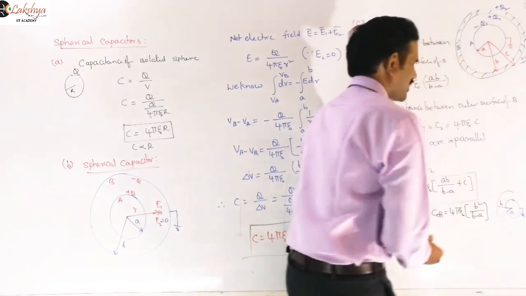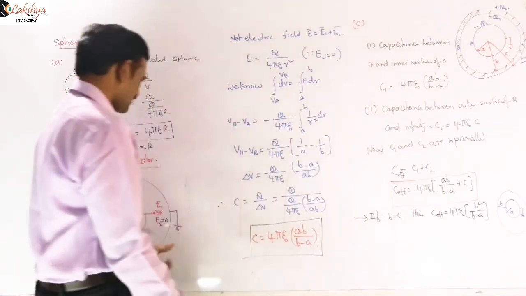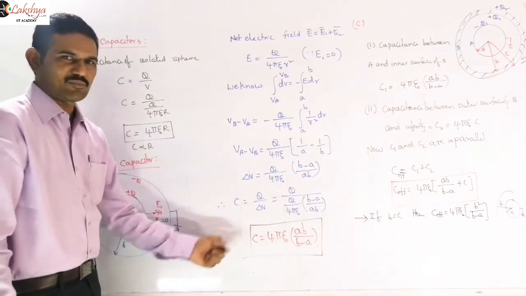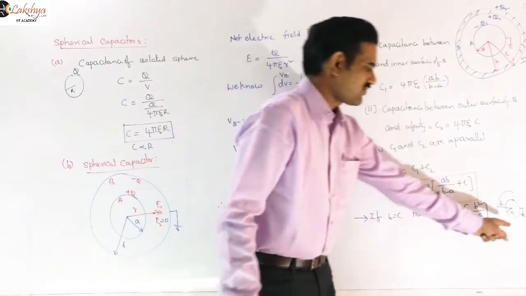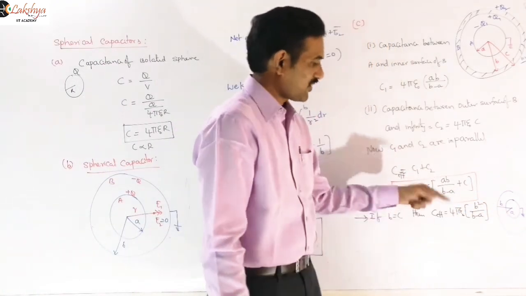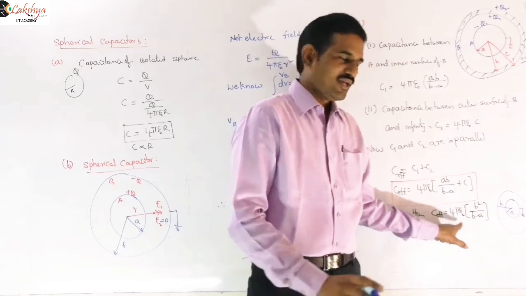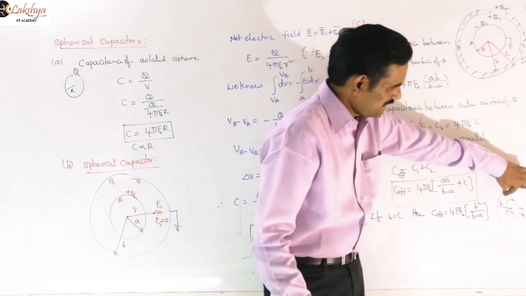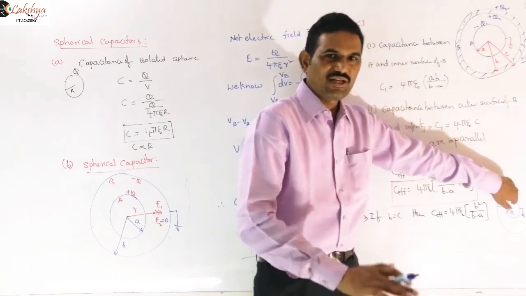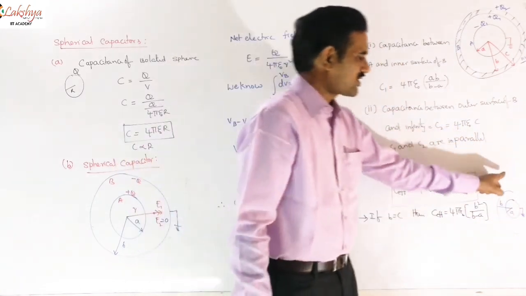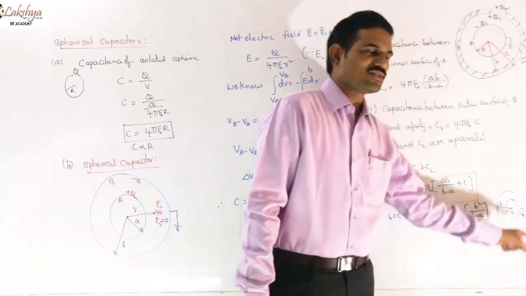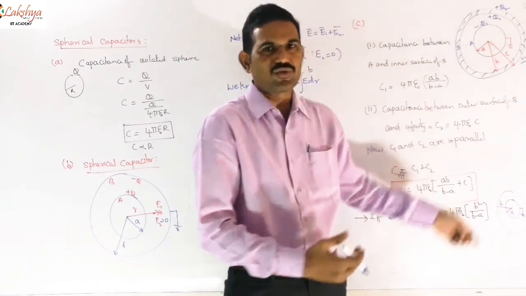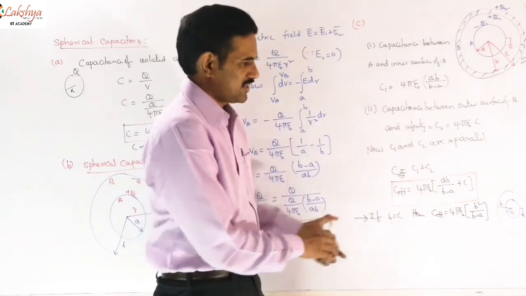See, if A is grounded, which is opposite to this case, where the outer surface is grounded, then we say the capacitance is this one. If the inner sphere is grounded, then the effective capacitance is given by this. The capacitance between the inner surface of B and A will still be the same. Additionally, the outer surface will also possess one capacitance, which is 4 pi epsilon naught B, because B and C are now equal. So you will get this expression.